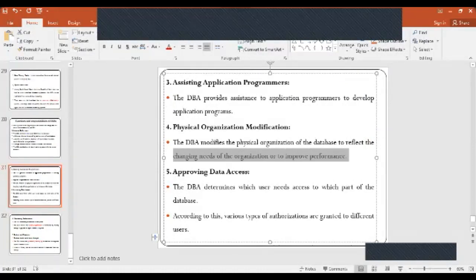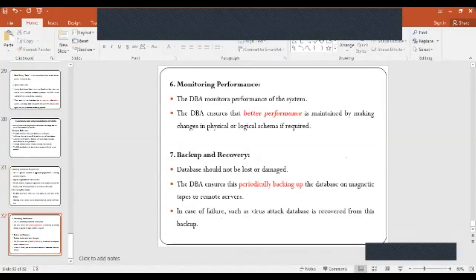As we know, there are many users in an organization for its database. There are sets of groups of people, and each group does some operations. They are at different levels of accessing the data. Based on their level or the project they are doing, they are given access.